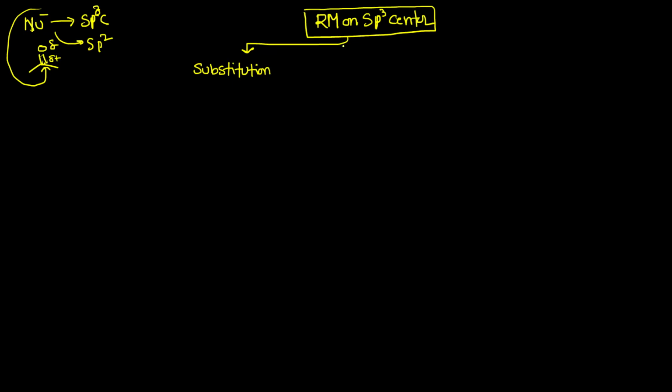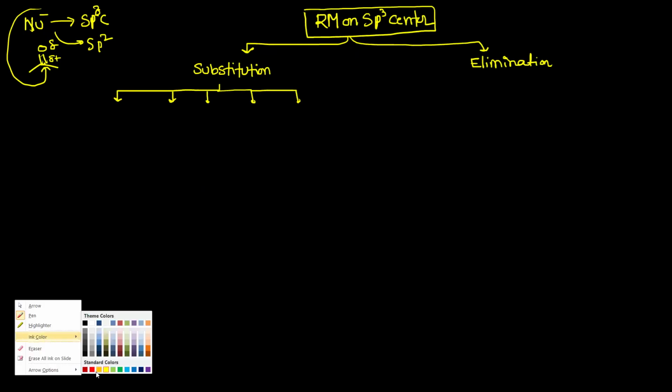Okay, so the first type of reaction is substitution, the second type is elimination. So we are going to take a broad look at these kinds of reactions. In detail, we are going to discuss each and every segment later. Okay, so this video is for a broad understanding of the processes. So for substitution reactions, there are a few types. These are